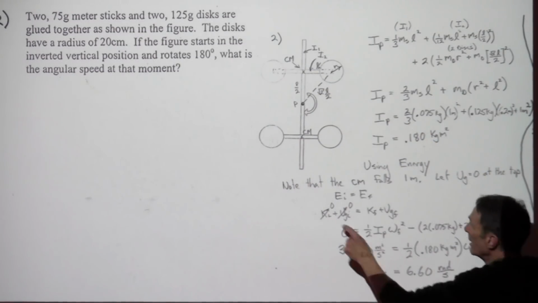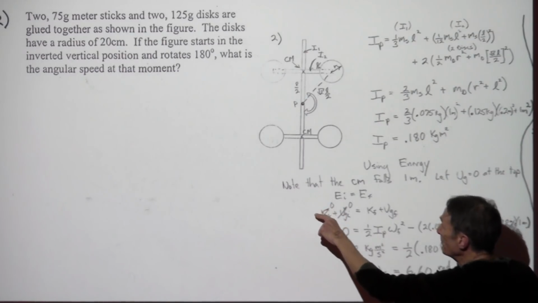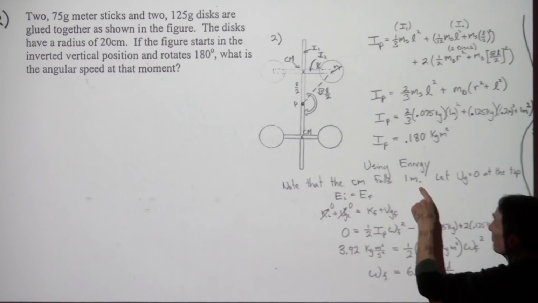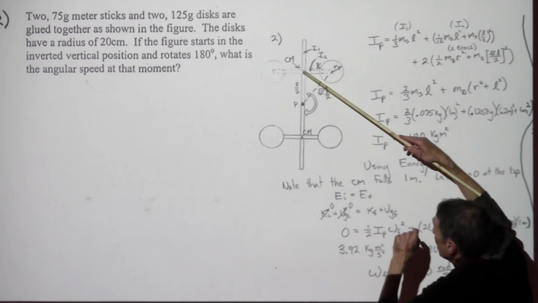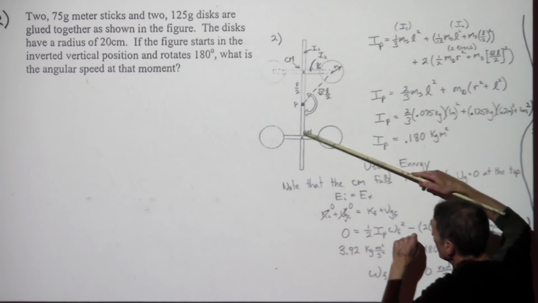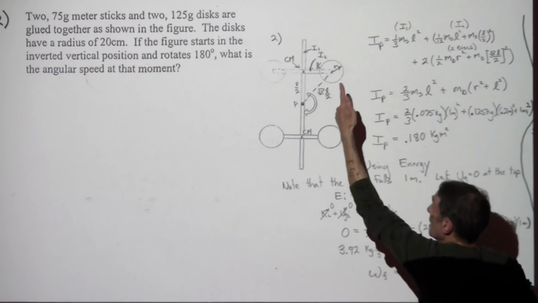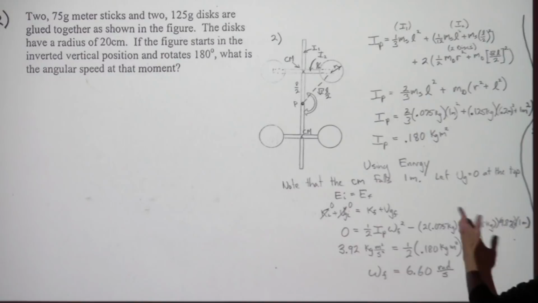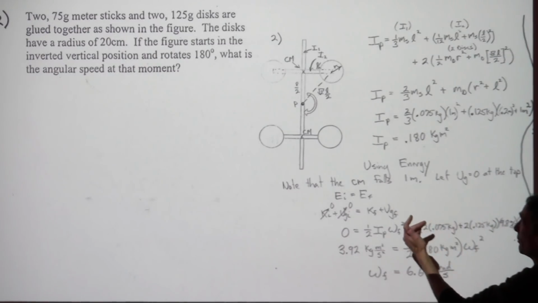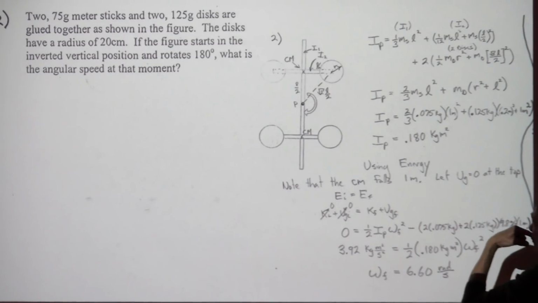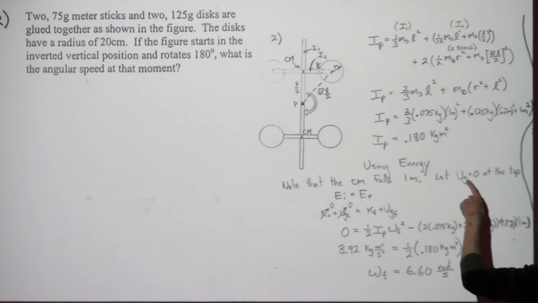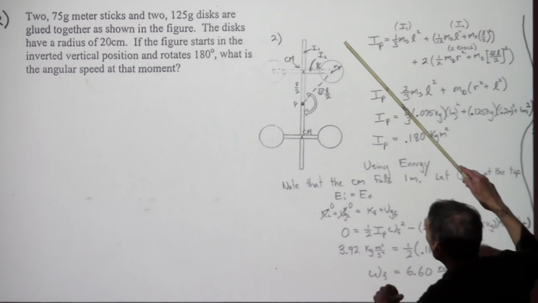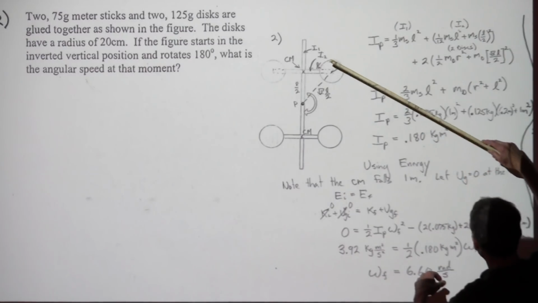So let's get in here and use some energy. Note that the center of mass falls 1 meter. This is a meter stick. It falls 1/2 meter and another 1/2 meter, a full 1 meter as it swings down to here. And I suggested we can put our 0 for potential energy wherever we want. I suggested to let U sub G equal 0 at the top, just for fun. We'll start up here at,